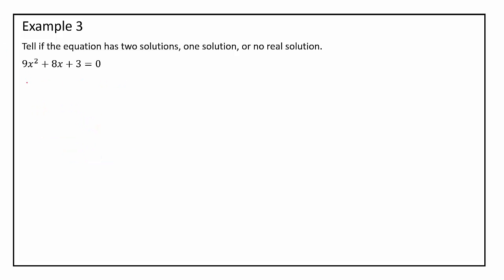Final one, process of elimination. We could figure out what this will end up being, but let's see it through anyway. B squared, so 8 squared minus 4ac, so that's 64. I'm going to do 4 and 3 and get 12 and then times by 9 because that's part of my multiplication table, so I know what that is. And then when I subtract, I get negative 44. Even if you subtract that wrong, and get the wrong number, hopefully you're like, oh, well, I know it's negative. So that means that there are no real